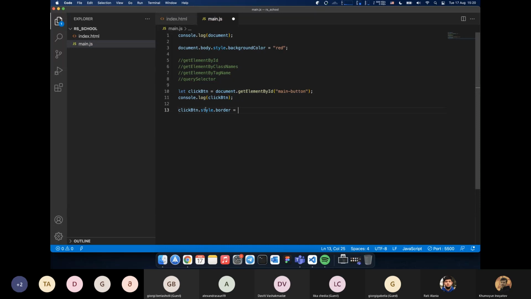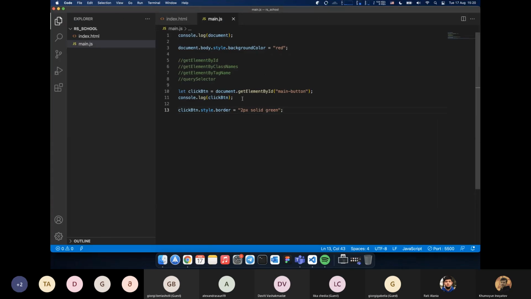border 2 pixels, solid green. You can see that our button has a border of 2 pixels with a color of green. So